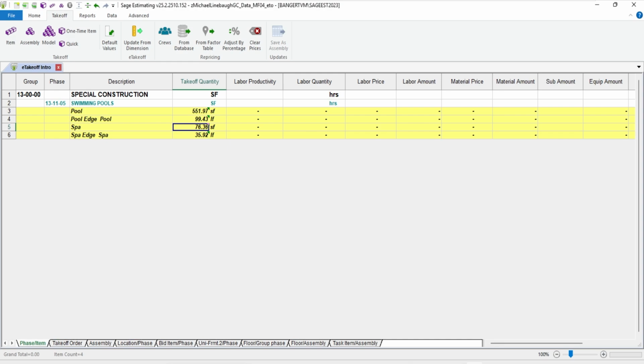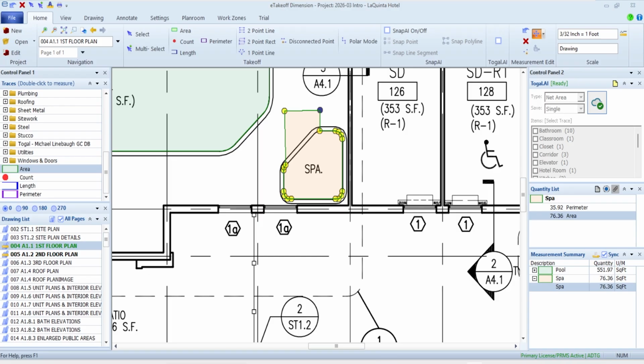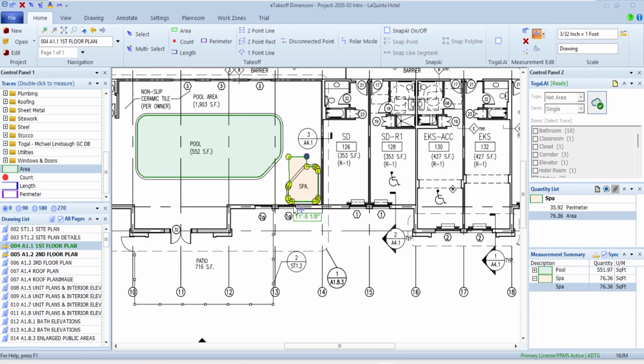So those are basically using a quick function of just get dimension, no setup to be had, very easy to do. The next section I want to take a look at is, if I go back to my eTakeoff, in one of the series we talked about standard traces, and that we could create standard traces and things of that nature.